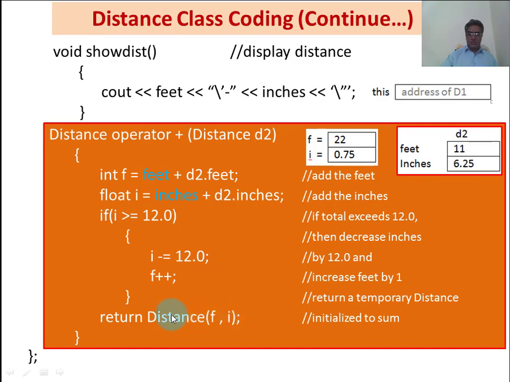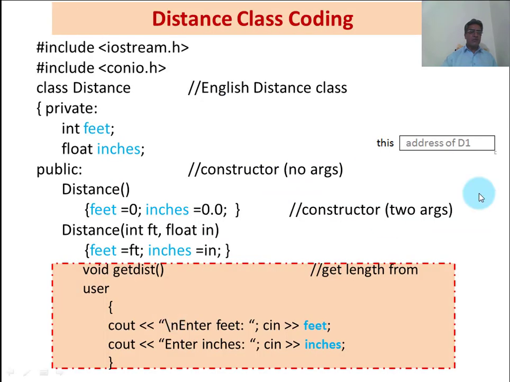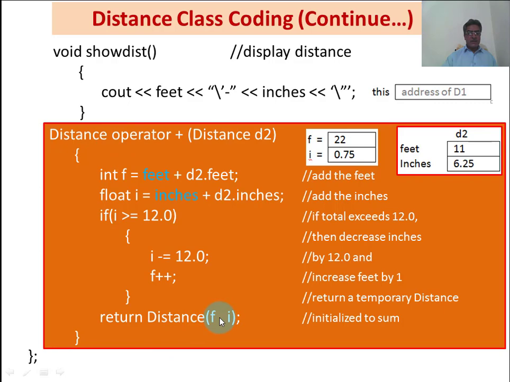The distance class contains two variables, that is, it has the memory of two variables, feet and inches, and here we have feet in F and inches in I, because we are fulfilling the requirement of the distance class. So the distance name will get these two values of feet and inches and will create an object which is called a nameless temporary object, and will return the value of that object to the main program.